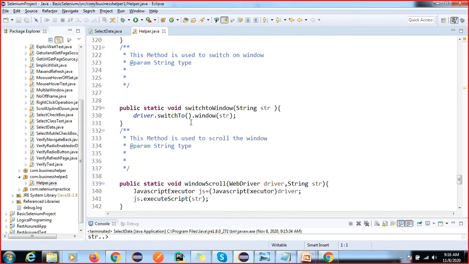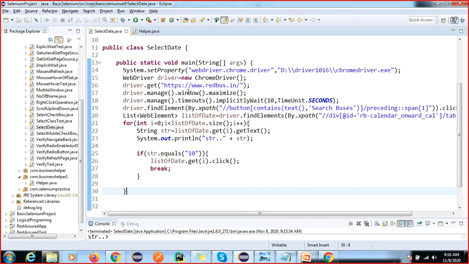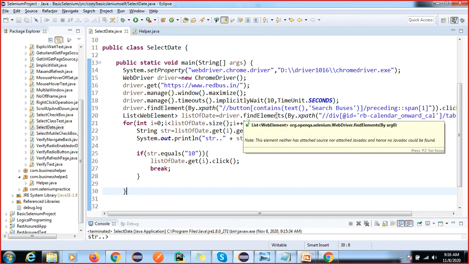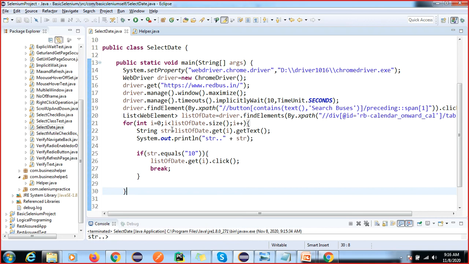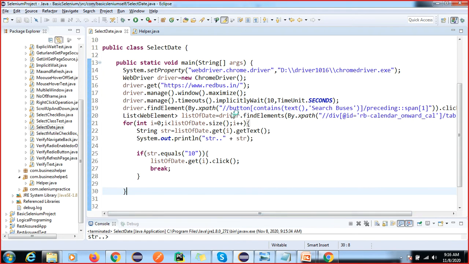How to make this? If you are making any reusable method, first you have to think about what the common steps are and what the parameters are. If I use another table, this XPath will change, so I should not hard code it, I will pass it as a parameter.